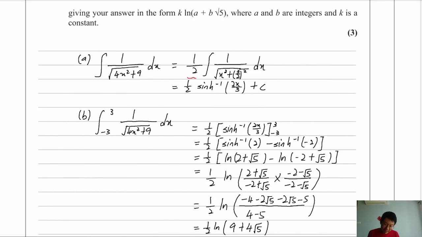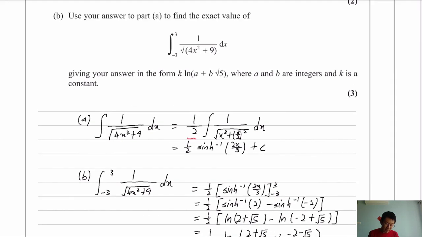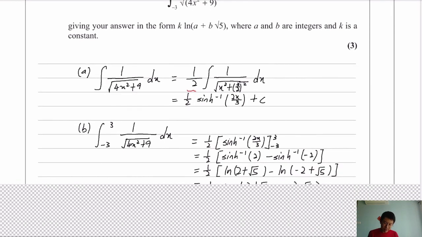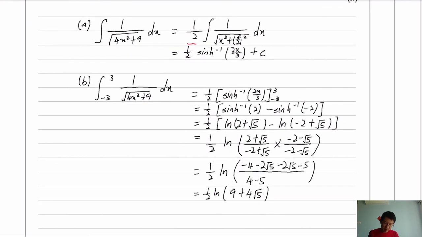Okay, so next one we have part B. For part B, we are supposed to evaluate this integral from -3 to 3. For that one, we just have to integrate, and then we get a half arcsinh of 2x over 3. Then from there we just substitute the limits in, and then we can actually evaluate the values for